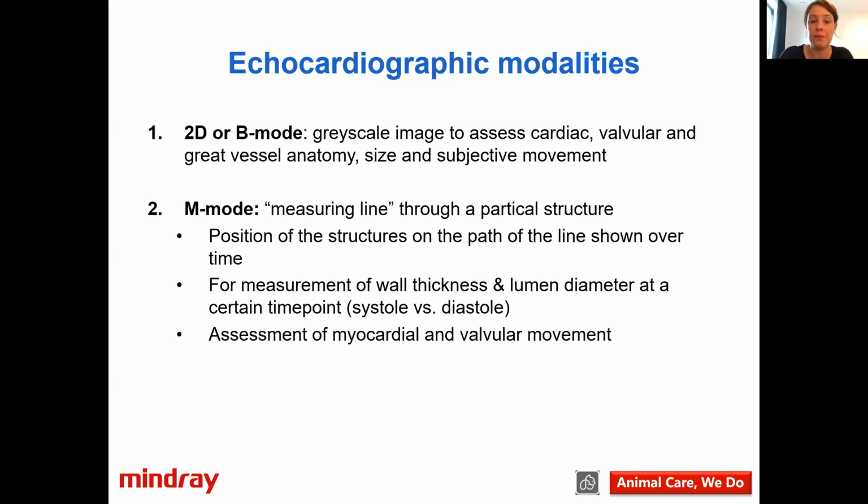So this is the basis of everything. This is what we look at first. This is how we subjectively assess how the heart looks like, and it's also what we start with when we have a problem-oriented approach to our echocardiography. If there is